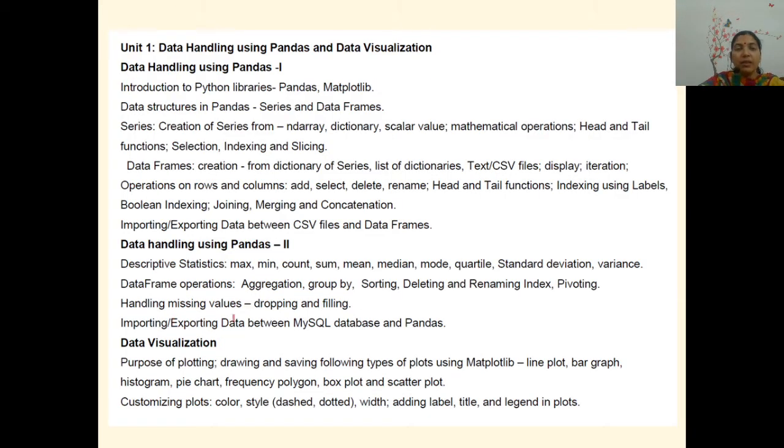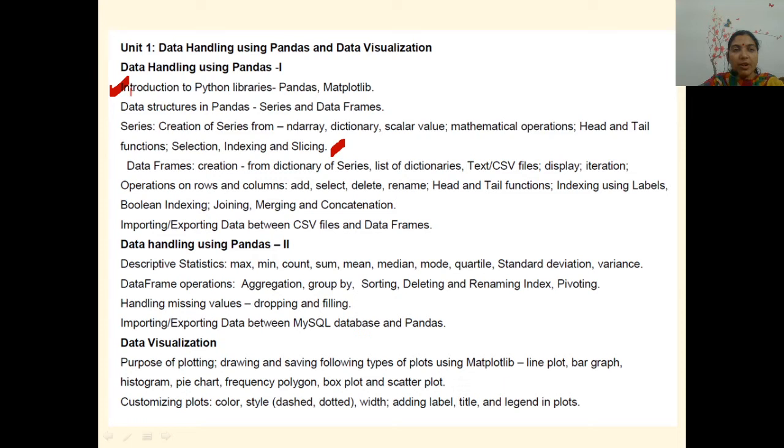Next, this is the detailed portion of Unit 1, and today we will start from this part, Introduction to Python Libraries, and then data structures, then series, and I am trying to discuss up to this portion today.